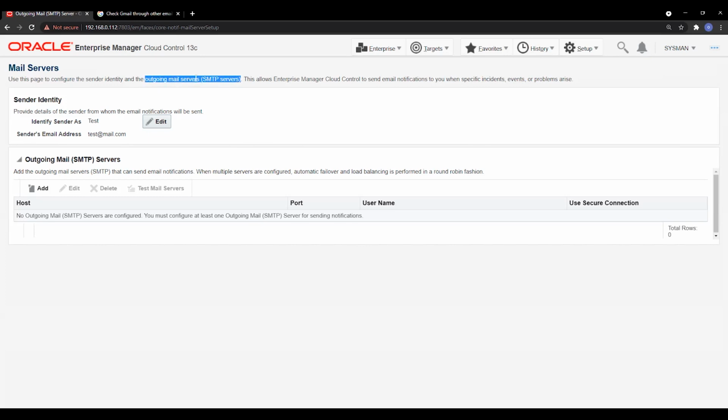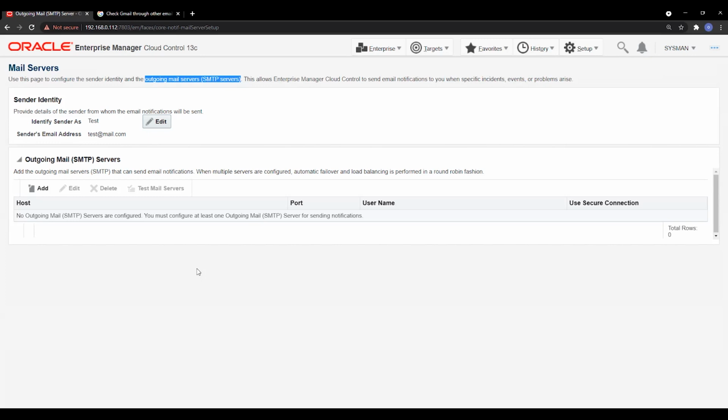So outgoing mail server is very important. You should have this ready before you proceed with this session. In our session, I'm just doing a testing. So I'll use my existing Gmail servers as an outgoing mail server, from where I'll try to send the email to my test environment. On my email ID, I'll try to get it using the Gmail outgoing mail servers.